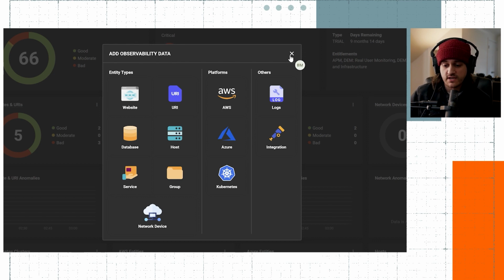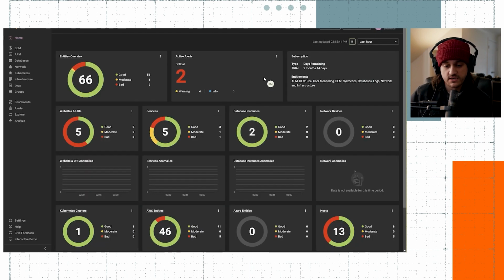So you'll notice when I return to the overview page here, we have a widget for each entity type, and you can see the number of entities per entity type that we're monitoring, but you can also see that breakdown from the health score that we're calculating. So this overview screen is really designed to give you that first at-a-glance view, so you can have that high-level holistic view into your environment, and that may prompt where you want to go next in the tool.